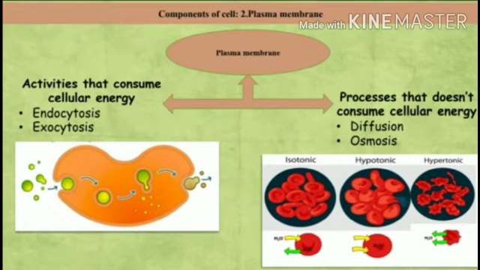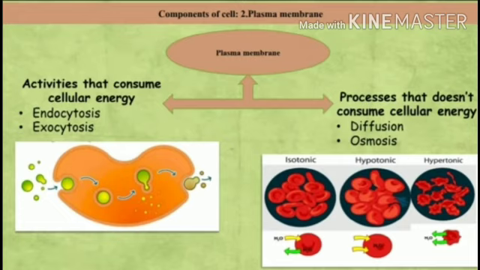Now let's see the first possibility. Isotonic solution. Here the medium outside and inside the cell has the same proportion of water. So that means water doesn't go in or out of the cell. Now the second one is hypotonic solution. Now the cell has less water than the outside medium, so water enters the cell. This is called endosmosis. Example, if raisins are kept in water, after some time they swell and become turgid.